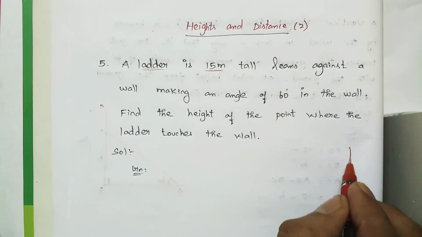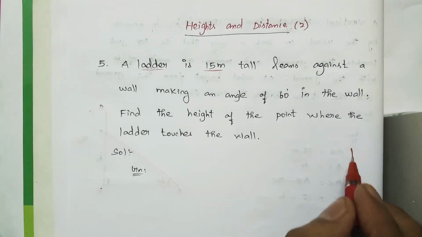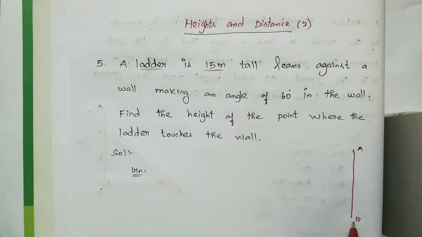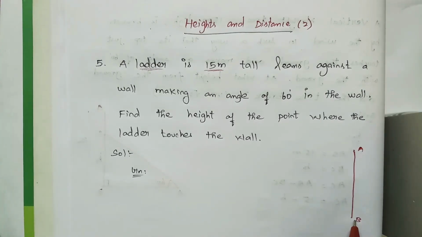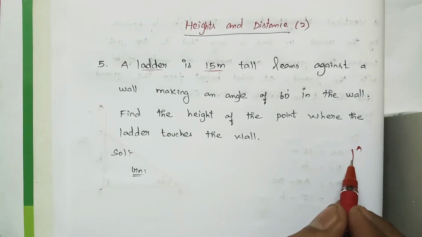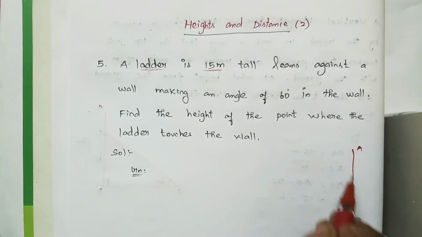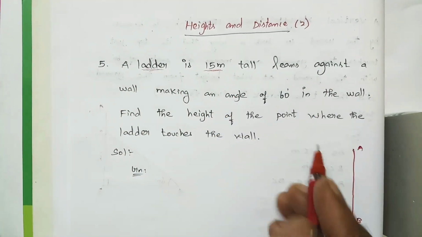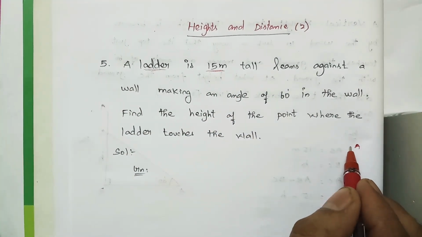So first I'm drawing the wall, right? And point A and point B. Point B is the foot of the wall, and point A is the top of the wall, right? A ladder is 15-meter tall, leans against a wall. I'm just drawing that. So